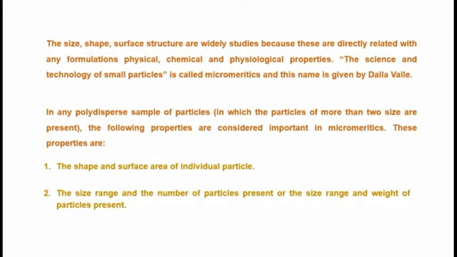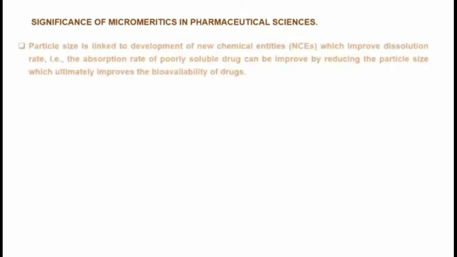Let's see the methods for particle size determination. The first method is microscopy, in which the size range is 0.2 to 100 micron. The instrument is an optical microscope, and Feret and Martin projected diameters are measured. The second method is sieving. The size range is 50 to 1500 micron. The instrument used is a mechanical shaker. The third method is sedimentation. The size range is 1 to 200 micron. The instrument used for sedimentation is the Andreasen pipette, based on gravity sedimentation. The Stokes diameter is measured.